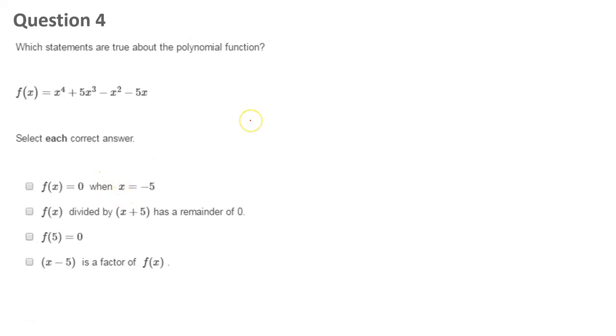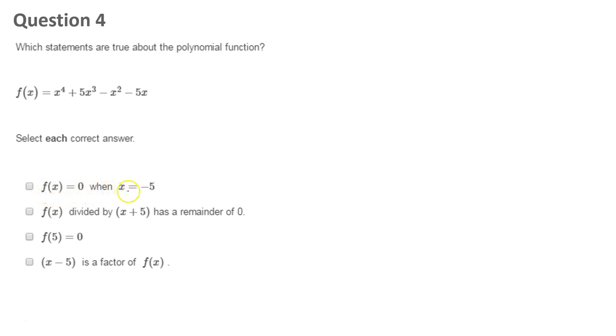All right, this is number 4. Which statement is true about the polynomial function f of x, x to the 4 plus 5x to the third minus x squared minus 5x? Select the one that's correct. Select each correct answer. So if we look at the first one, the question is asking